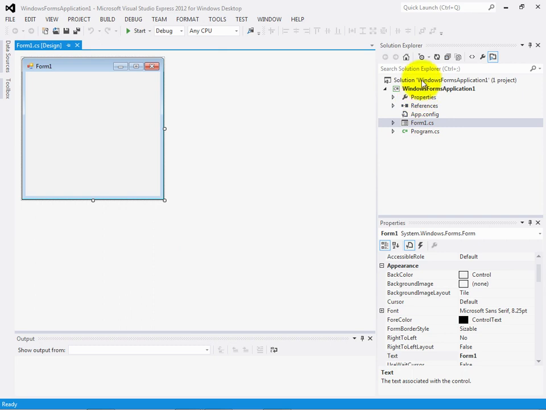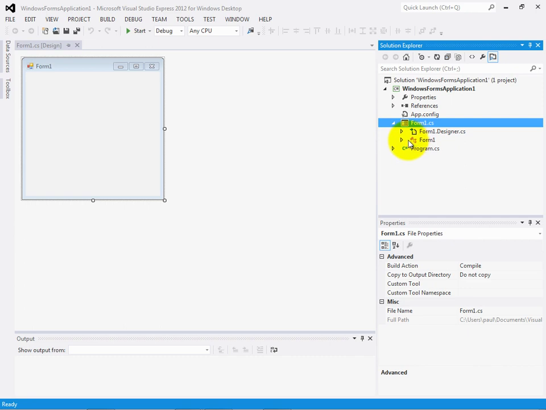You can also see in the Solution Explorer that it's now been populated with a number of different files, one of which is form1.cs. It turns out when you're developing GUI applications that each document that represents a window is not only going to have a visual portion of its representation, it's also going to have a code portion as well. In fact, a couple of code portions. One code portion is the designer.cs file, which you don't typically modify yourself. That's where the IDE writes all the code that represents what you're seeing visually on the screen here in the